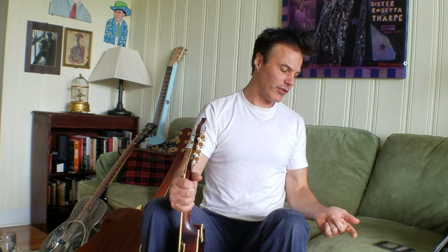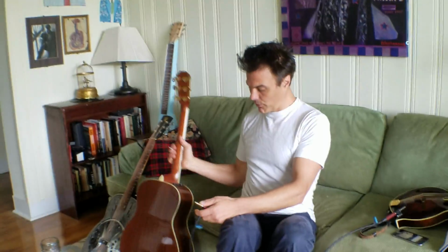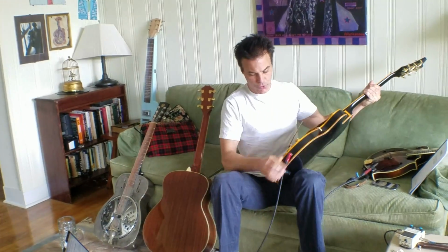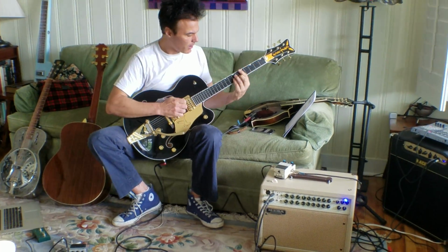Wait, there's more. In back, a really easy switch turns off the tweeter. There's a tweeter in there. You can either have the tweeter flat, tweeter with a built-in EQ, or the tweeter removed. And if I had this at a gig, and say I wanted to do a little bit of electric, I would just unplug, turn off the tweeter, and voila, you get a nice little...